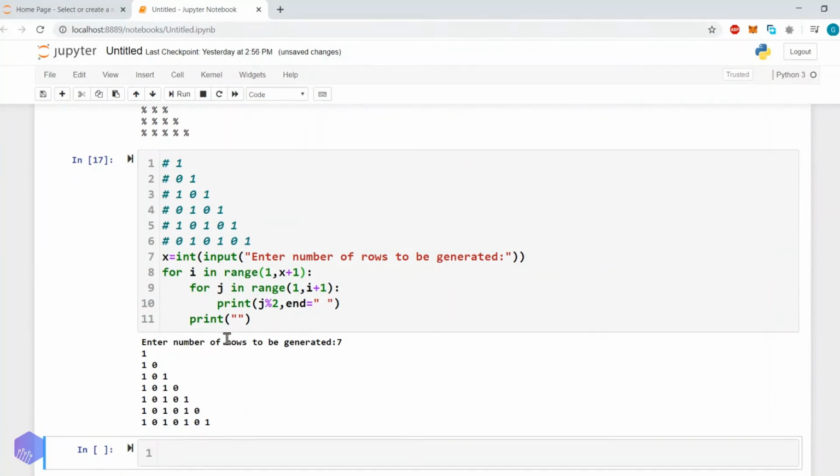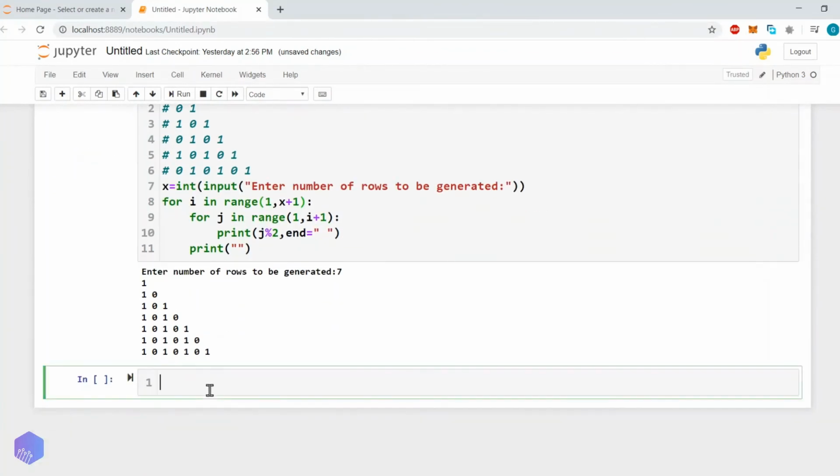Now another program that we can do with the help of this for loop is matrix addition. In the tutorials we will keep the discussion up to only the introduction.